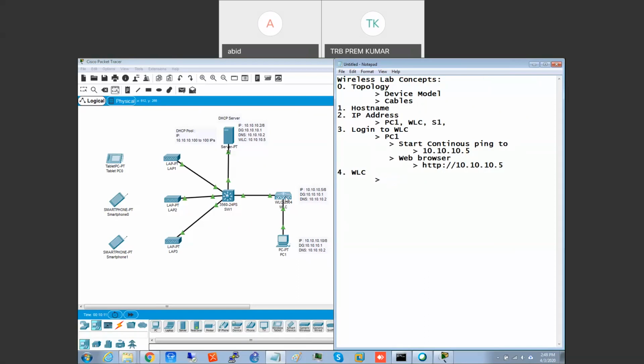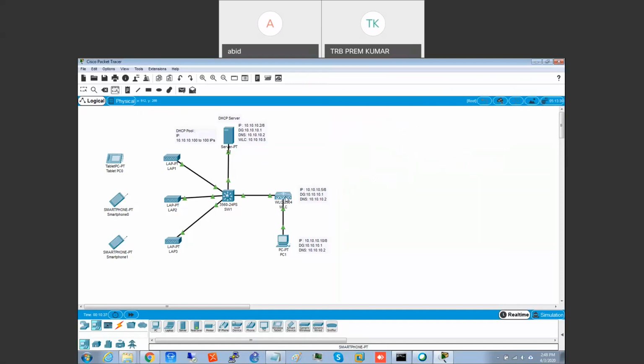I was just telling, as per your sequence, the first step was to assign the host names, then to set the IP addresses. Yes, yes. We are going to do IP addresses for that. That's not the milestone. We keep it like this. The first milestone is WLC. Log into WLC. Like that, you keep it in mind. Whatever you do, when the first step is done, you go to the next step. Otherwise, don't go to the next step. Hold there. So to do that, first I'm going to WLC.